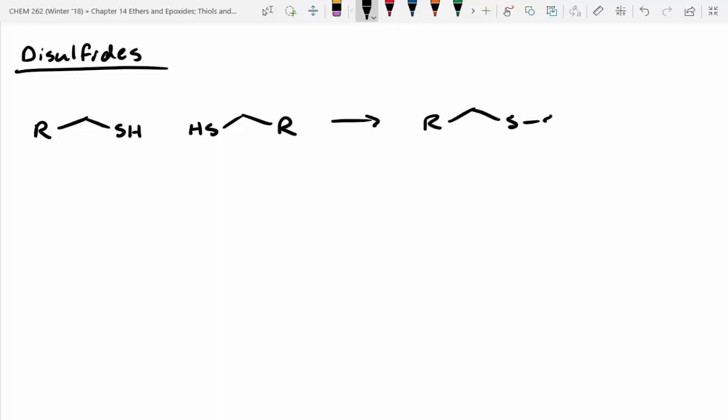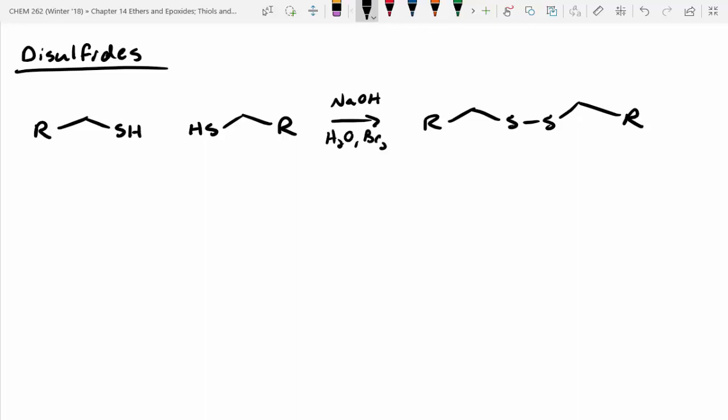And all that is a sulfur-sulfur bond. This is hugely important in biochemistry. This disulfide linkage actually provides structural support for proteins and can change the behavior of enzymes. So it is something that's strictly controlled within your body. In a lab, we can do this synthetically, though, and the reagents that are needed are sodium hydroxide, water, and